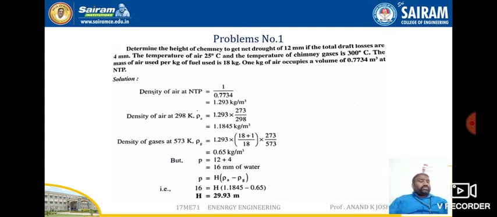As we discussed in the previous derivation, using that equation we can calculate the draft in mm of water. The direct formula is HW = 353 times H times (1 divided by Ta - (Ma + 1) divided by Ma... so the density of the air